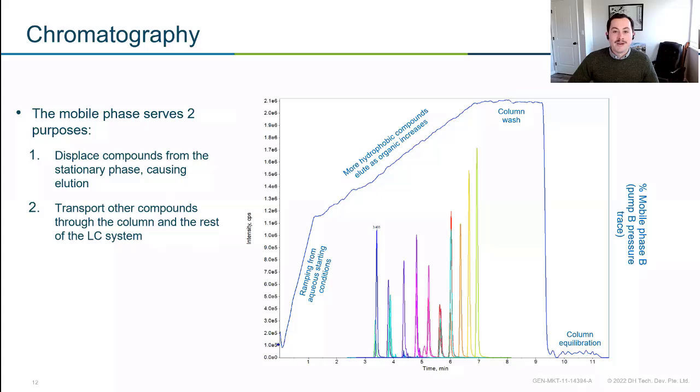Next would be our ramping phase. So this sort of gradual ramp where our compounds are actually eluting. So we're ramping from aqueous to organic. Our compounds are beginning to elute. And then once our last compound has made its way off the column, we'll hold it at a very high organic. And this is a really crucial step. So typically we want to hold it anywhere from 95% B all the way up to 100% B. And the reason we're doing this is to essentially wash off the column.